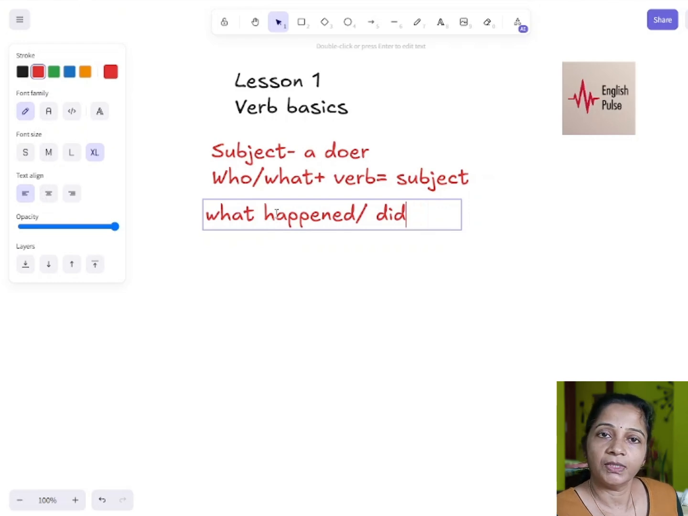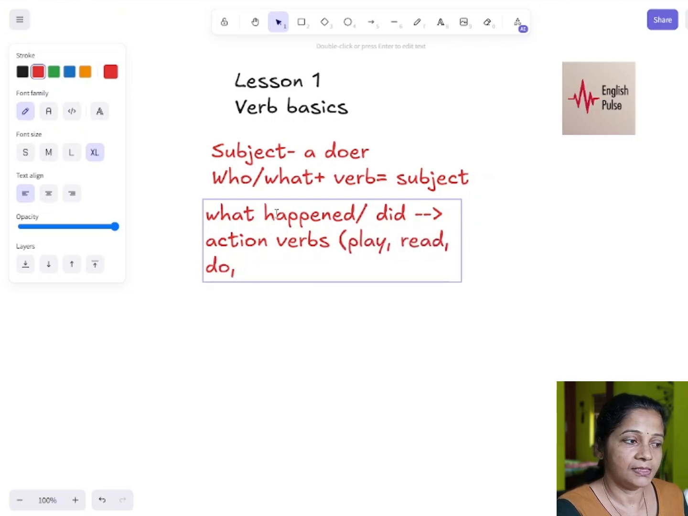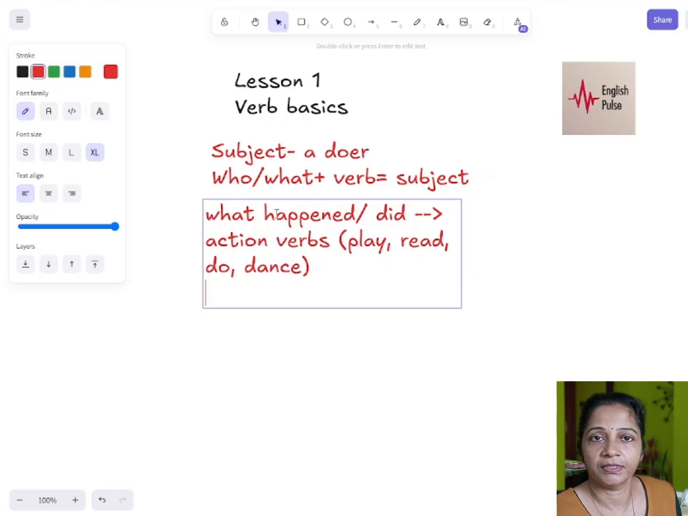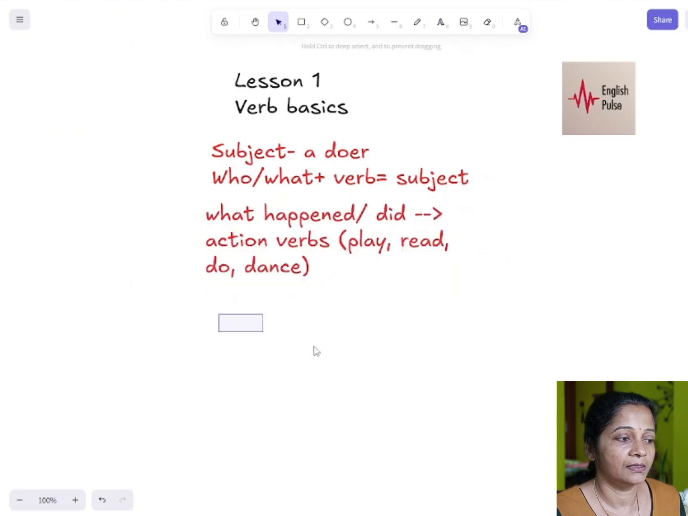This is the common type of verb, and such verbs are called action verbs, which denote some actions like play, read, do, then dance. All these are action verbs. So generally we say verbs are action words, but there are some verbs which do not denote an action. For example,